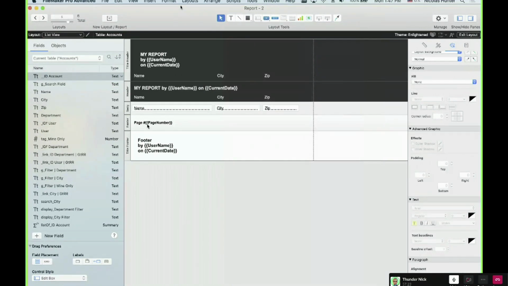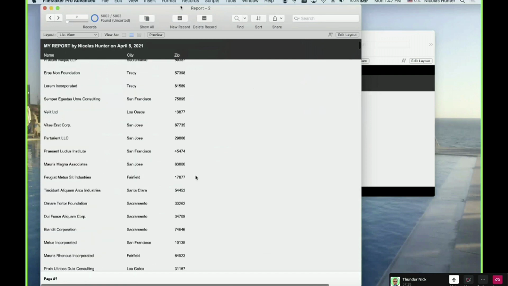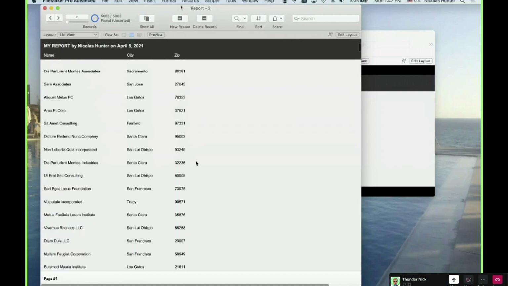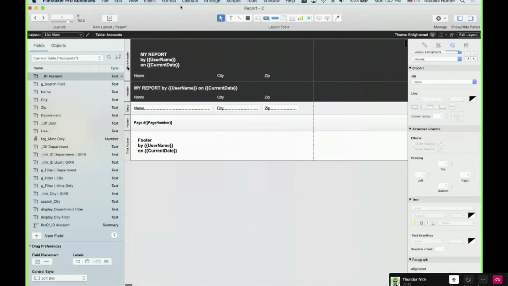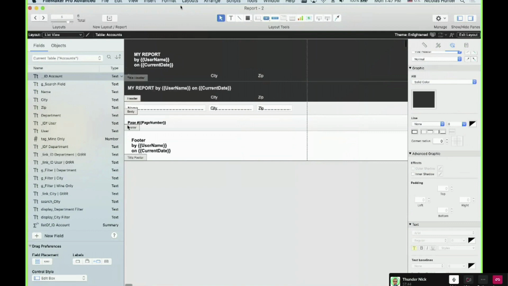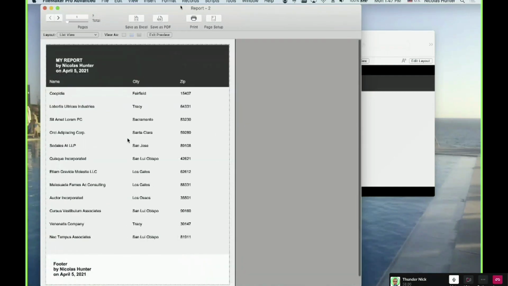When you place yourself in browse mode, you have this. So you see the difference between browse mode and preview mode. In browse mode, in list view, you will never see the title header or the title footer. Those are only for when you print. You will never see those parts when you're not printing. Browsing, you don't see it. Printing, you see it.